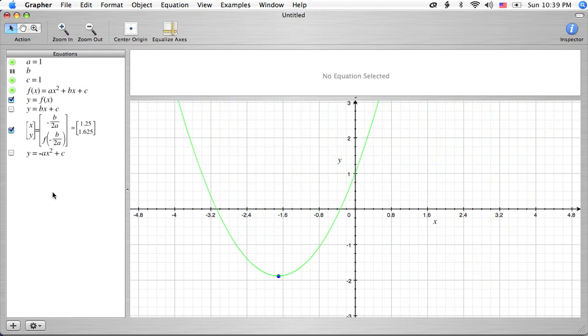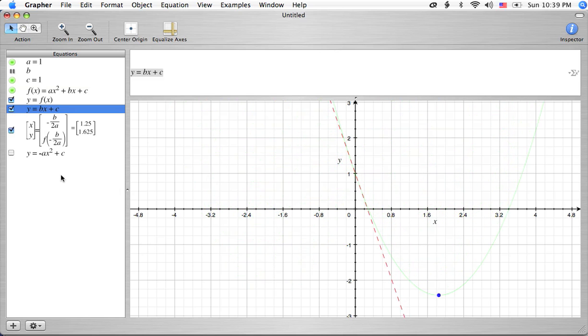Now, the shape of it is not changing. Its width is staying the same. The vertex location seems to be changing. But the one thing that isn't changing is the C value. The C value is 1, as we've got right up here. And